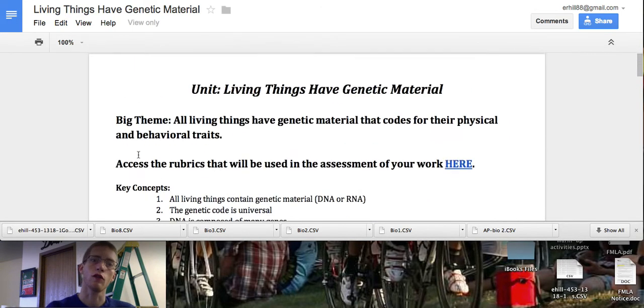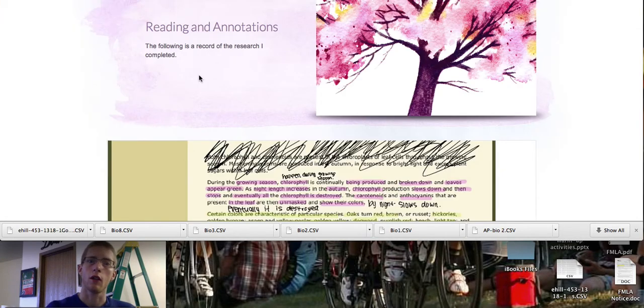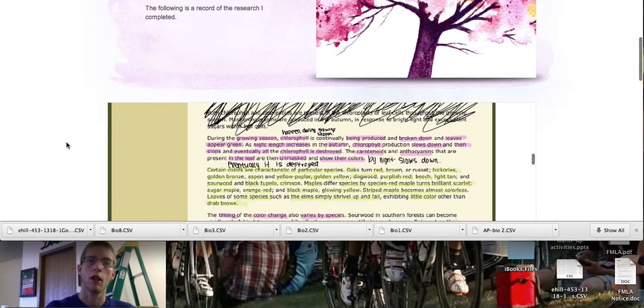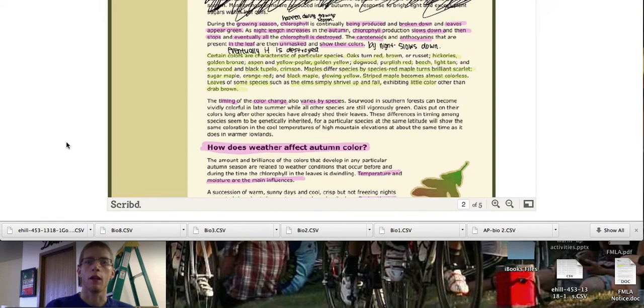If you also choose, you may go ahead and begin looking for articles and doing your readings and annotations. Remember, in our readings and annotations, in order to earn a 1, you have to be able to identify the main idea. In order to earn a 2, you need to be able to identify the main idea in one color and the supporting details in another color. In order to earn a 3, we're looking for you to be able to identify the main idea, supporting details,